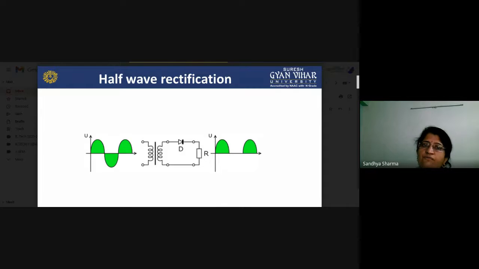So this type of rectification, in which you receive unidirectional waveforms, you can see here you will receive only positive half cycles at the output. So these output signals are unidirectional, okay, but not complete cycles will be converted into the DC current. So this type of rectification we call a half wave rectifier.